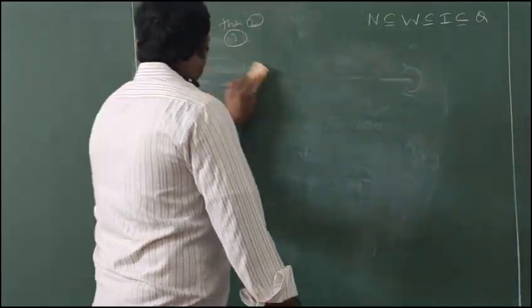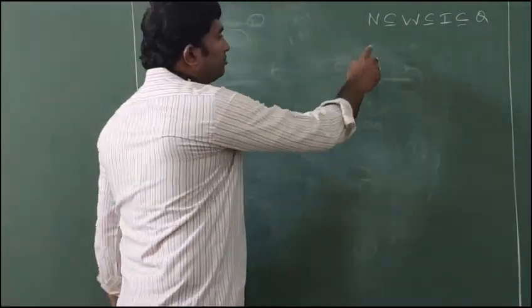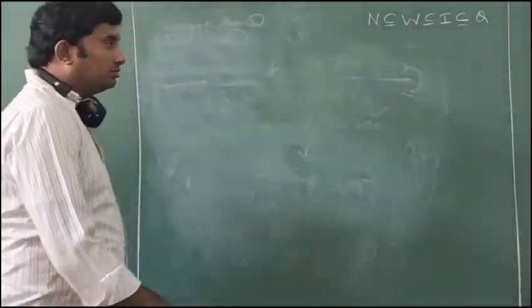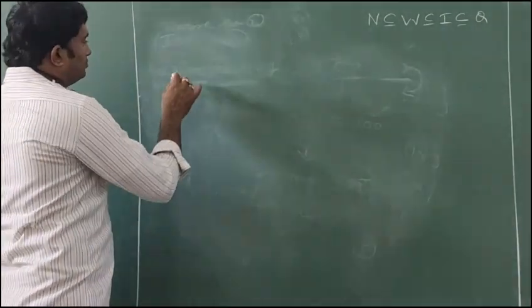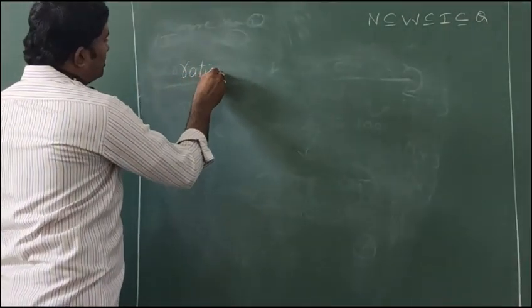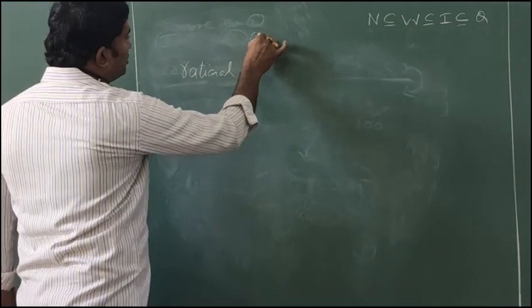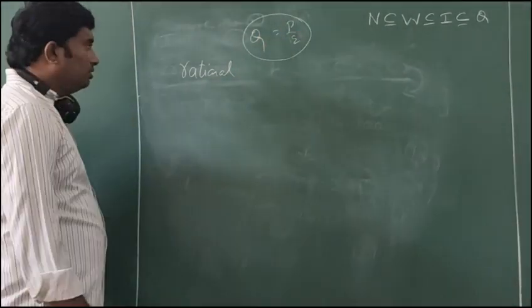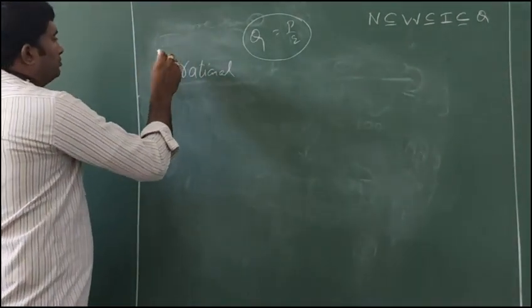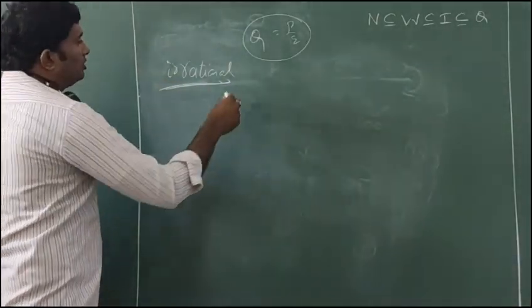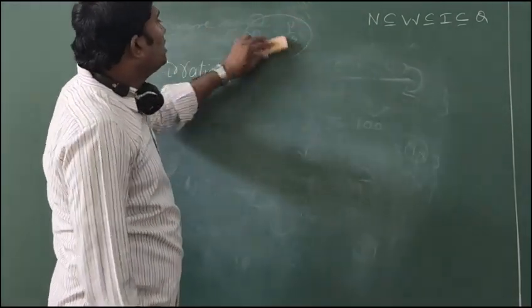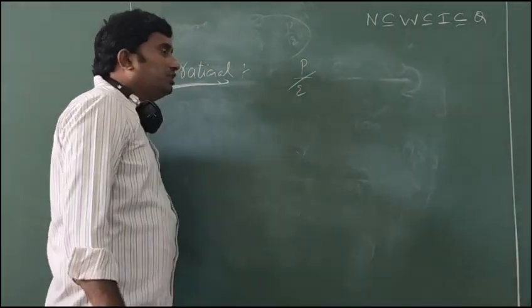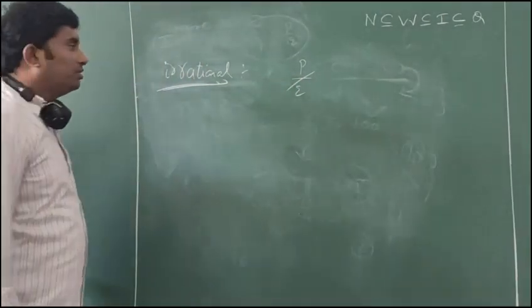Next, you see, first natural number set, next whole number set, next integer set, next rational number set. Next what? Irrational. Rational number set completed. The rational number set is denoted by Q, and every rational number is of the form p by q, right? Now, irrational. Nothing but it is not in the form of p by q.